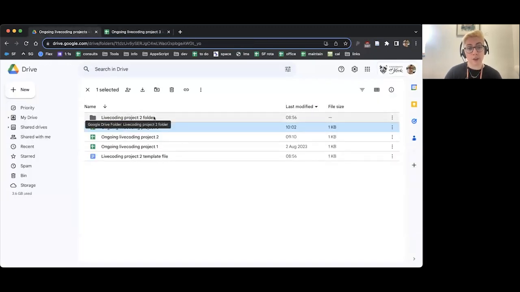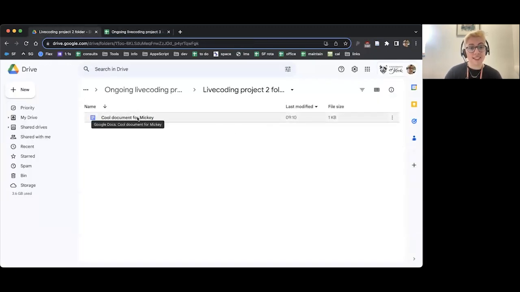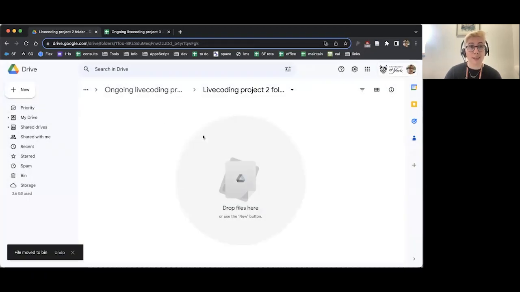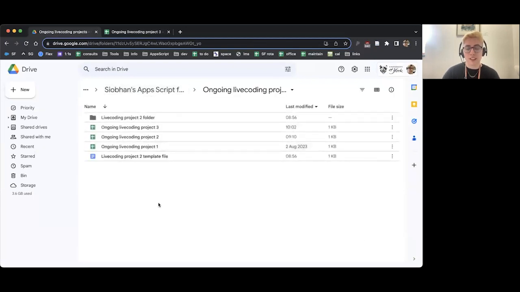The other thing we could go and do, this is optional, is we can go back into our live coding project 2 folder and we can delete. So I can right click and choose move to bin, the file we previously made, and you might have multiple files in here. If you ran your live coding code multiple times, that's fine. Just delete all of those so the folder's empty. That just means that we know it's worked because we'll get the new documents. Otherwise, Google will just make them with the same name in that folder, which is typically not what you want.